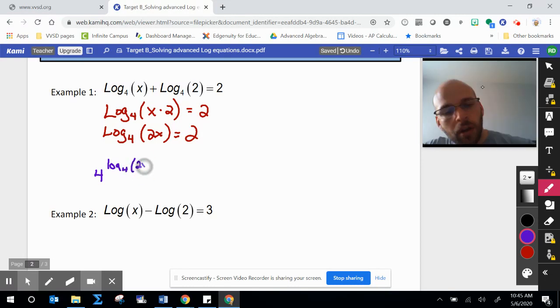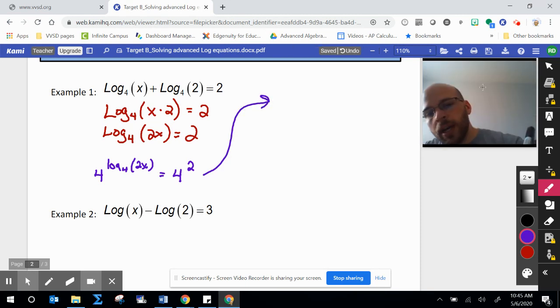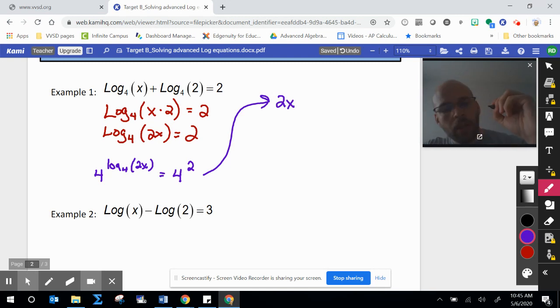There we go. Of 2x is equal to, and what you do to one side, you have to do to the other. So if I have base 4 on one side, I have to use a base 4 for my exponential on the other side. So now when the base of your power matches the base of your log, those cancel, and all I'm left with here is 2x is equal to,